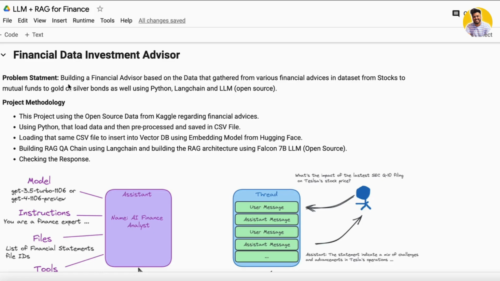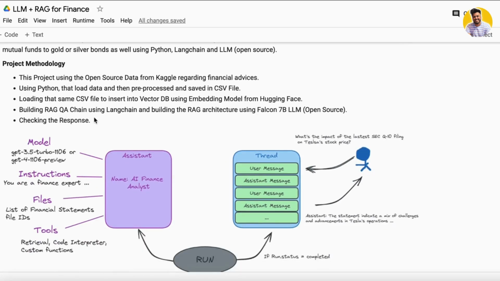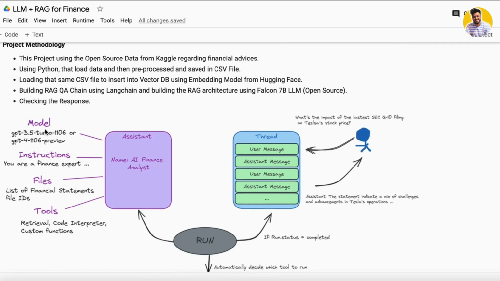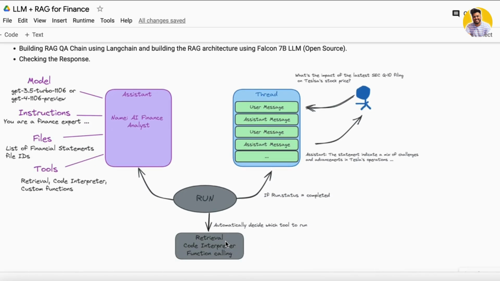Building the RAG QA chain with the help of Langchain is as easy as 4-5 lines of code only. To build that RAG architecture, I am using the Falcon-7B large language model, which is an open source model as well. With the help of this architecture, you can see that I can put all of my model instructions, files, or tools into the assistant,